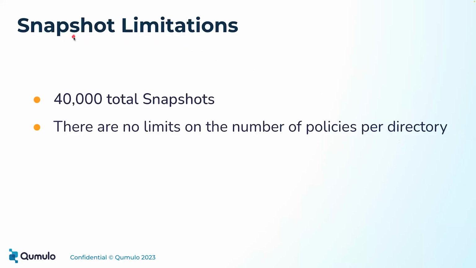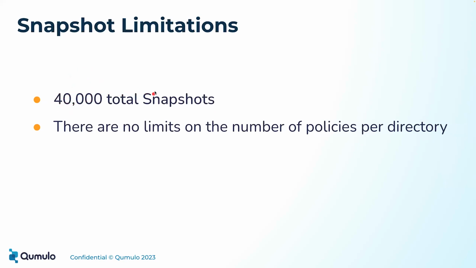So there are some basic limitations of our snapshots. The primary one is that you can have a total of 40,000 snapshots taken in the system. That might seem like a lot, but we do have customers that have hit this limit in the past. If you find yourself hitting that limit, we can have some conversations with you and understand exactly how you're using snapshots. In most occasions, the number of snapshots being exceeded has been because the way snapshots are being taken and the policies were a bit out of line with what the actual coverage needs would have been, and we worked on that. But in some cases,